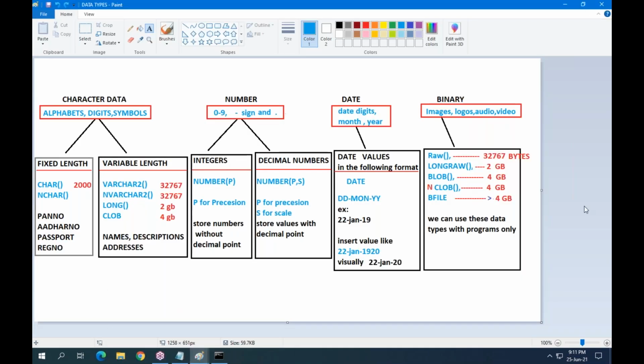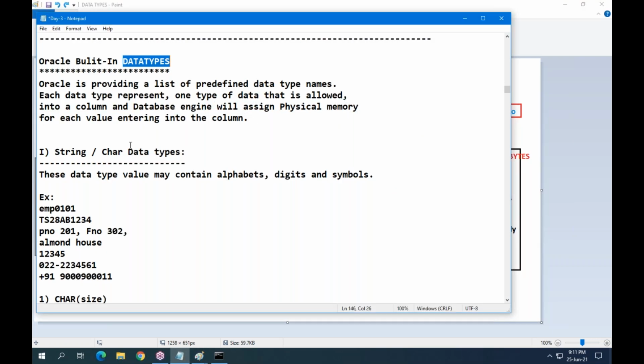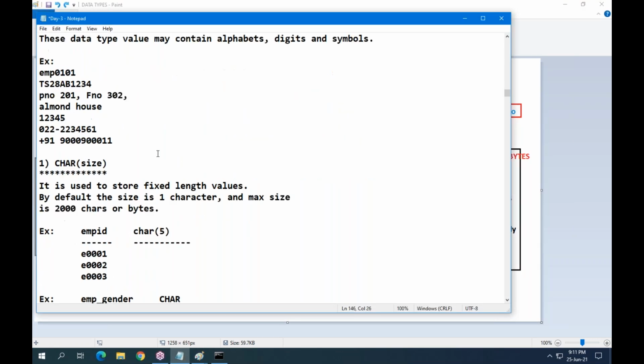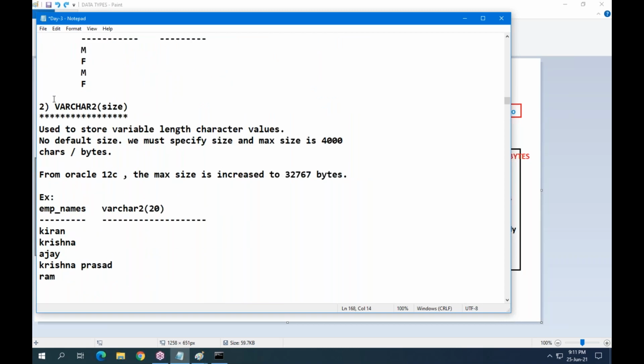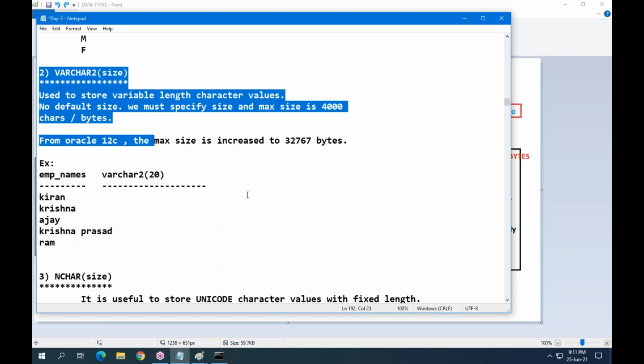So I hope you all understand. This is the end of the data types. Don't worry, sir, why are you showing only the diagram? How to read the description about each data type? Each data type description I have given here. What is char? What is varchar2 description?